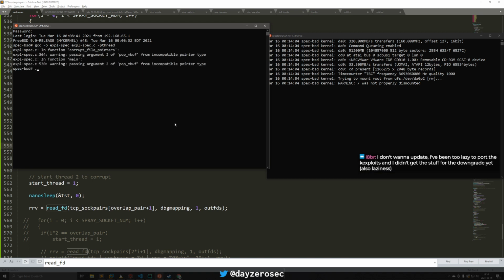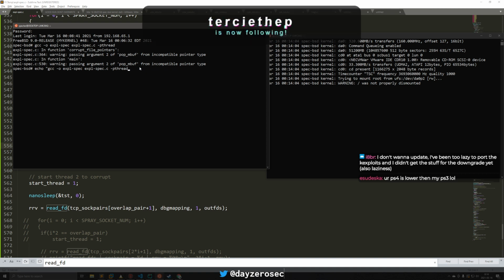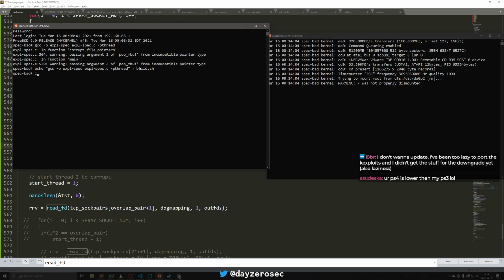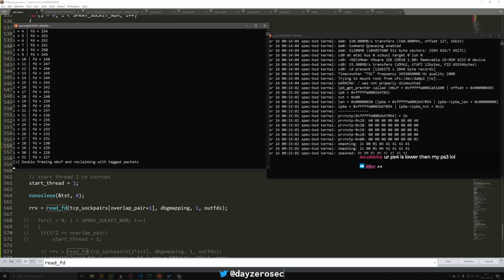You know what? Let me echo. Oh god, I hate that double click that my mouse does. build.sh, chmod. There we go. That should make things a little bit quicker at least. All right. Let's run the exploit.